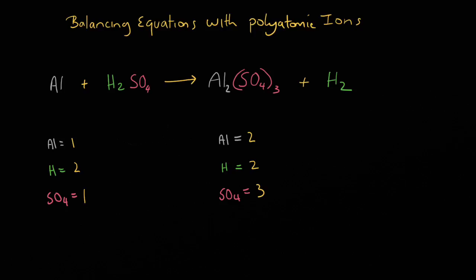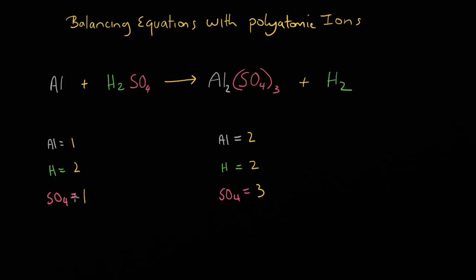If you see an equation with a polyatomic ion, you have to treat it as an entity in its own right, a unit. So in this case, you can see that we've got the sulfate ion in sulfuric acid, and there's only one sulfate ion on the left. I am not going to break down sulfate into sulfur and 4 oxygens. I'm going to keep it together as a unit,